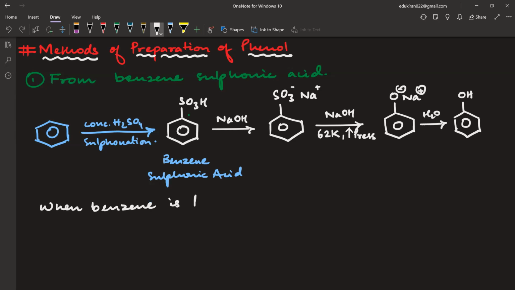When benzene is treated with oleum. Oleum is actually a mixture of H2SO4 and SO3 gas. Whenever you keep H2SO4 in a very high concentration, the SO3 gas automatically releases from concentrated H2SO4. There are fumes of SO3 gas that you can smell if you have H2SO4. Now, when benzene is treated with oleum, that is H2SO4 plus SO3, it forms